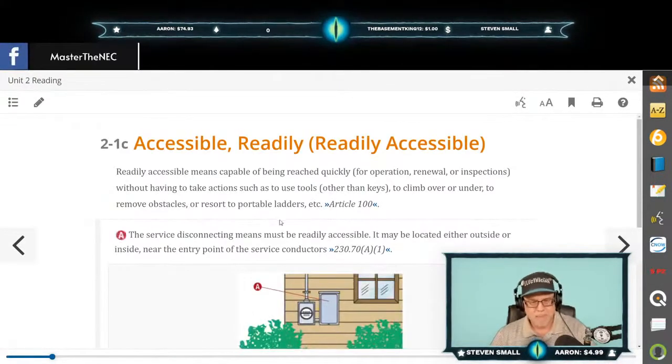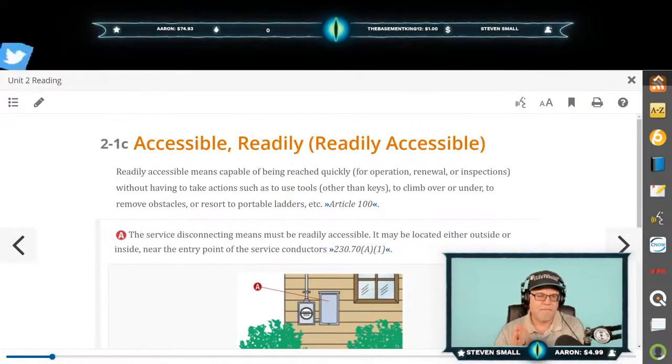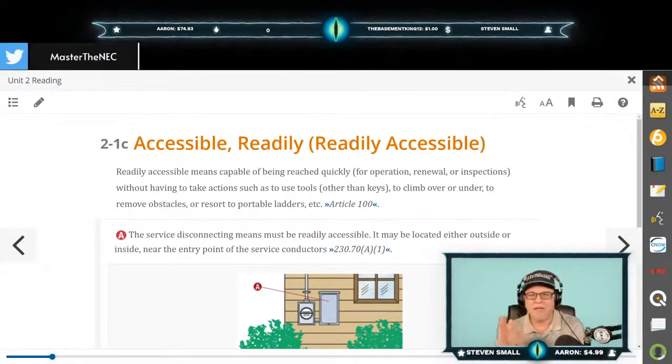All right, so here's a trick. In this unit, okay, in this thing, it's